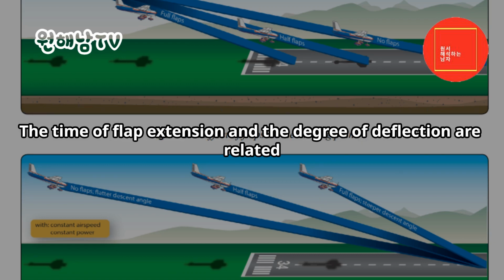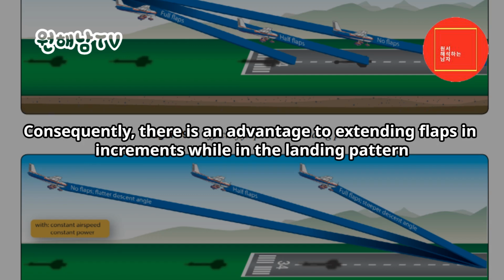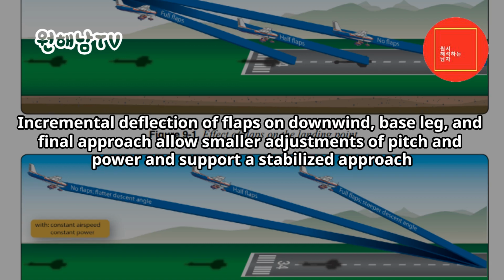The time of flap extension and the degree of deflection are related. Large changes in flap deflection at one single point in the landing pattern can produce large lift changes that require significant pitch and power changes in order to maintain airspeed and descent angle. Consequently, there is an advantage to extending flaps in increments while in the landing pattern. Incremental deflection of flaps on downwind, base leg, and final approach allows smaller adjustments of pitch and power and supports